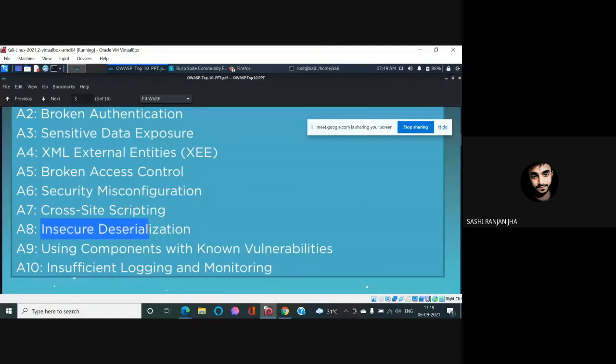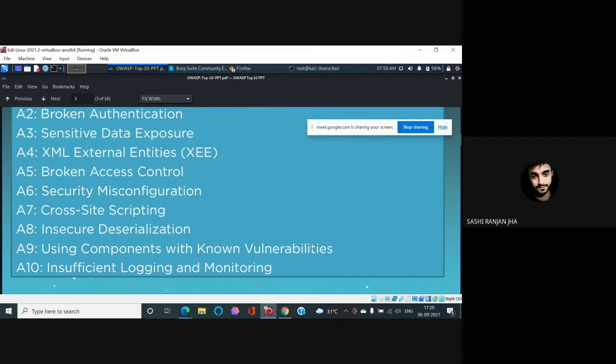Insecure deserialization is like sending data in some kind of serialized form, changing the format of the data or of the exploit, and masquerading it by doing URL encoding and changing it into base 64, so that the web application cannot verify whether it is genuine, coming from the user, the system, or from some attacker. So this comes under insecure deserialization.